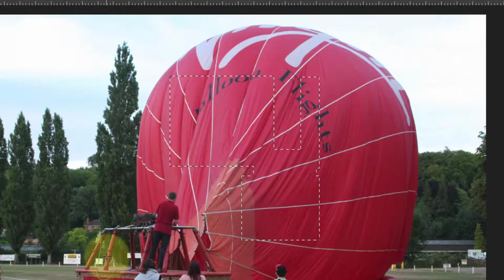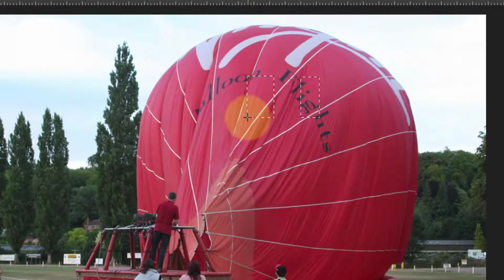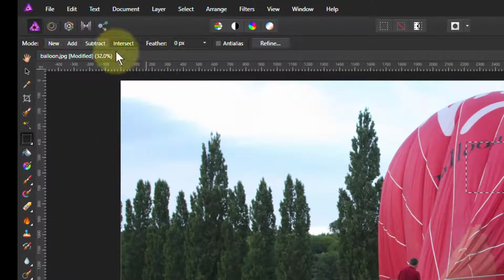See, that's part of the full selection we just had. But now, like a reverse subtraction, it keeps the bit where I overlap as opposed to throwing it away like a subtraction. We use that occasionally. Mostly we use these. Personally, I often leave things on add, because if I get rid of the selection, when I'm drawing something now,